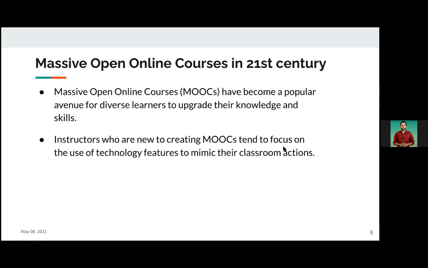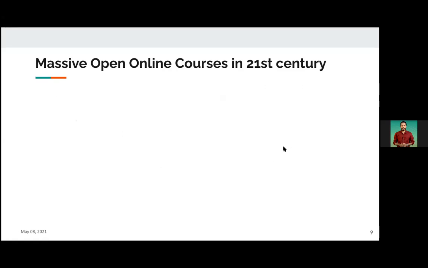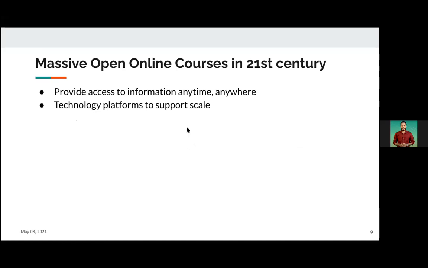So broadly, if we have to talk about MOOCs in the 21st century, what are the important points about MOOCs? Basically, it provides access to information anytime and anywhere. Okay. Also, the technology platforms that are available support scaling.